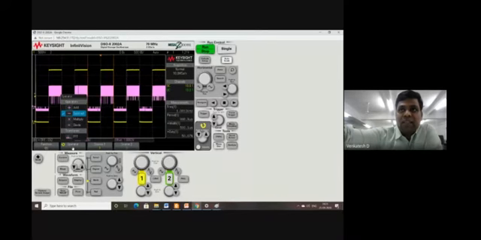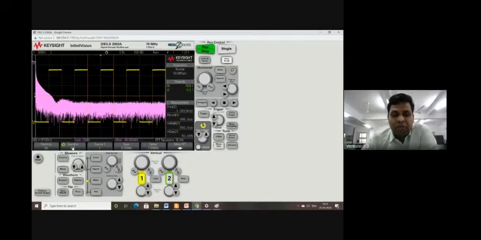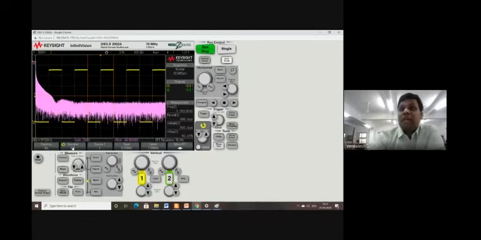So these are the basic operations that can be done on a signal. Here, when we take the fast Fourier transform, the input signal is approximately a 1 kilohertz signal. So I have to make the center frequency 1 kilohertz. So I take it as 250. It is actually showing 2.5 megahertz.